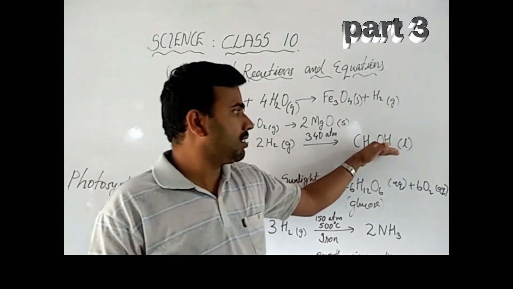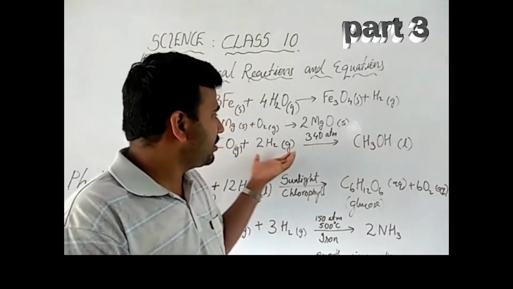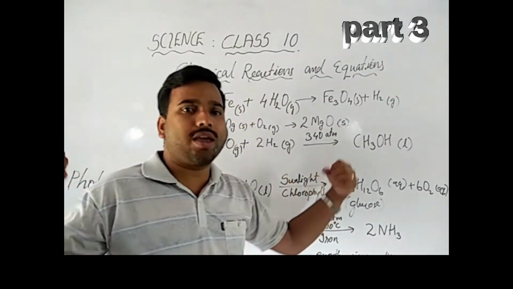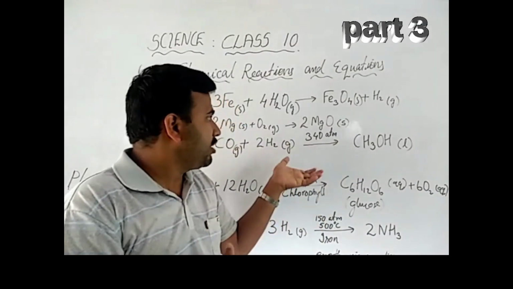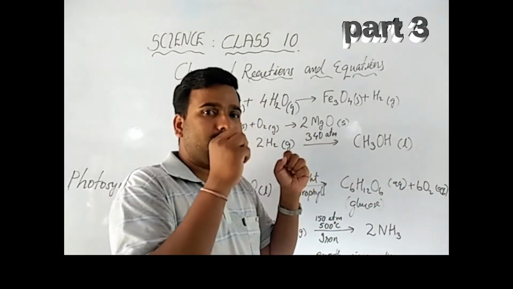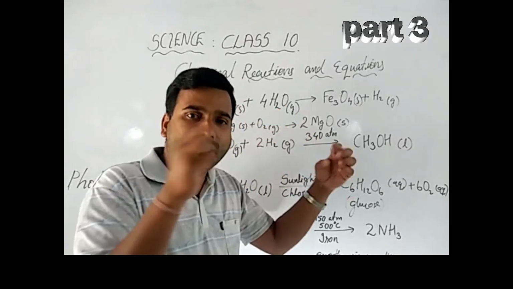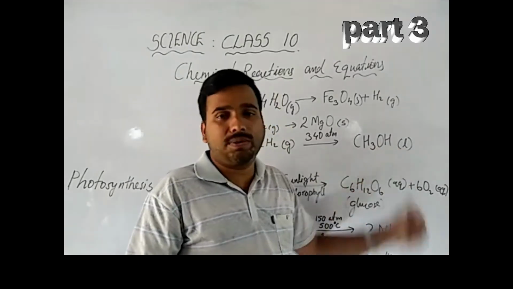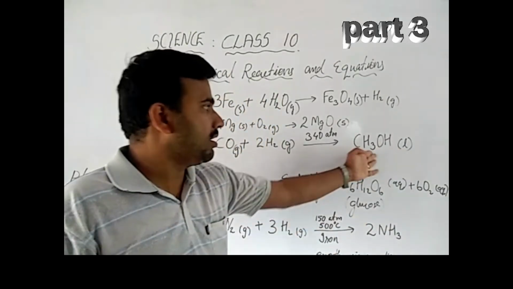For this reaction to take place, these are two gases. If these two gases are to combine, we need to exert very high pressure. Then only these gaseous molecules will combine to give this particular product called methanol, which is